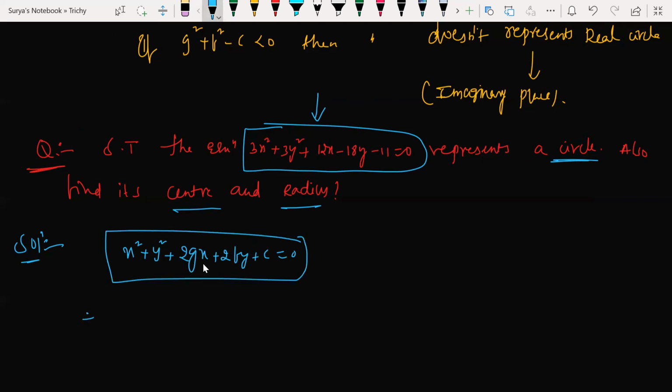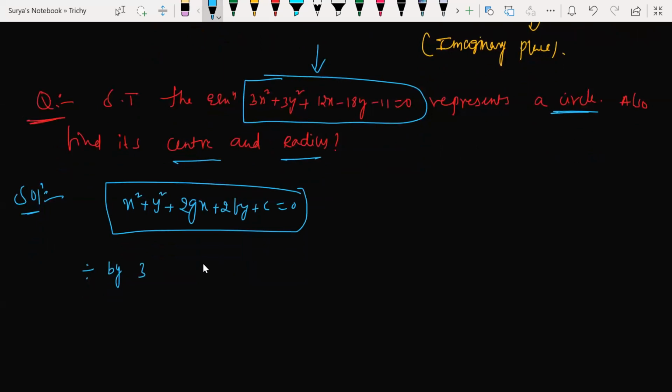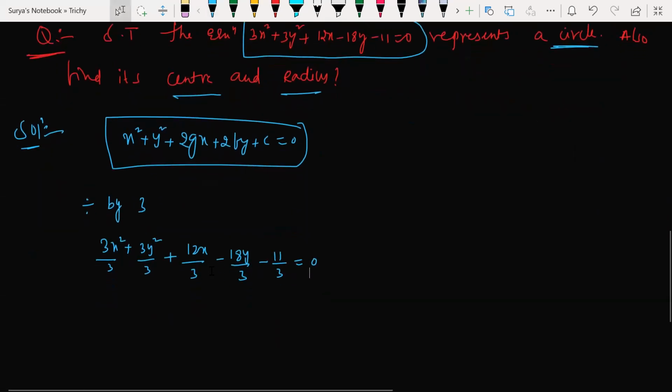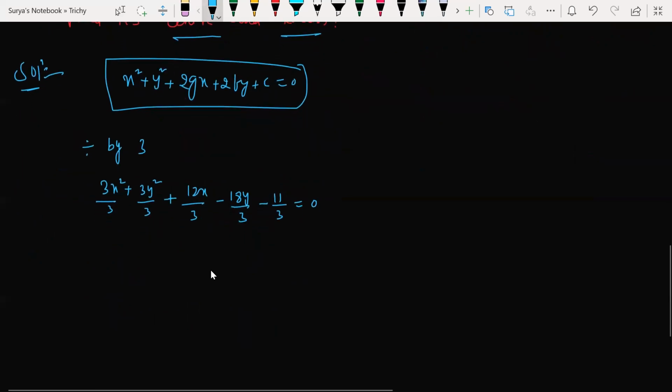So what you have to do here now is divide by 3 so that it becomes in terms of 1, to make sure that you are writing the coefficient of x square as 1. If I divide by 3, what happens here: 3x square by 3 plus 3y square by 3 plus 12x by 3 minus 18y by 3 minus 11 by 3 is equal to 0. Do you understand? Here 3 will get cancelled, 3 will get cancelled,